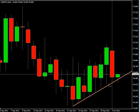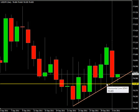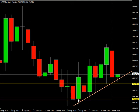We do have, if you draw a horizontal line, an area of support that's been touched about 3 times. So between these two, we could get a drop to the downside. Definitely look for it to come on down from here. Basically, it's found support around the 50 mark, the 76.50. If it drops below that, around the 76.47 mark, probably start looking to sell at that point, and then looking to exit that trade around the 76.22 mark. So before you get to anywhere near the